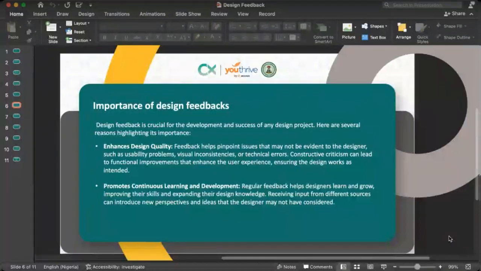Now, during our last class, when I said everybody go and design a landing page of your choice, web landing page of your choice, and paste it on the group, let everybody see it. And I opened the first design and I put it in class. At first, you'll be ashamed of your design, but within the time when I'm giving feedback and all, you will start learning. True or false? You will start,